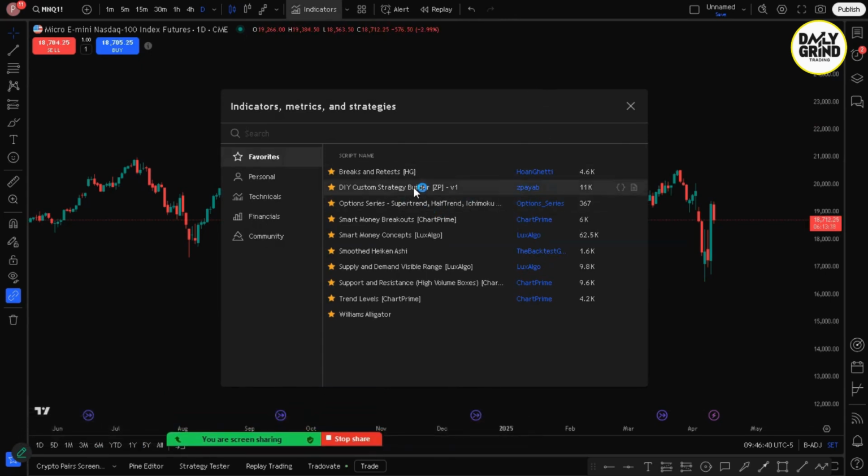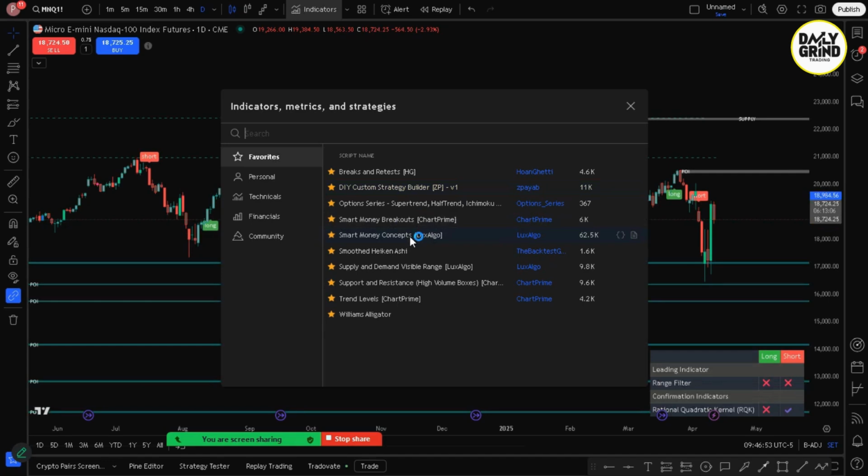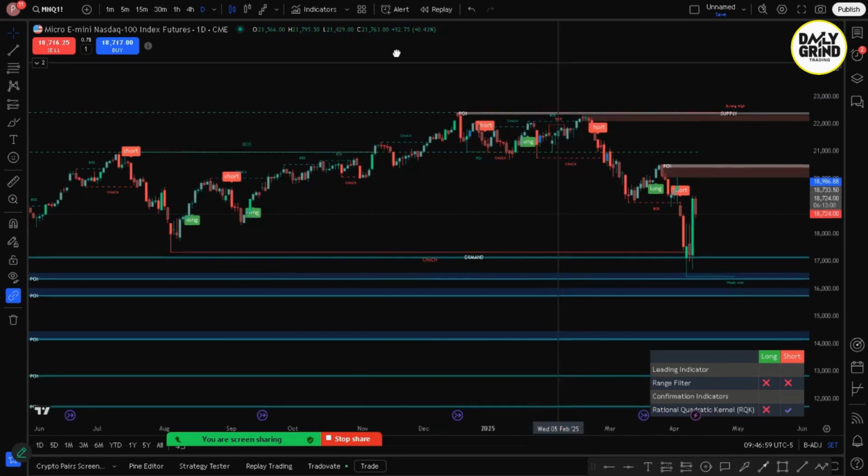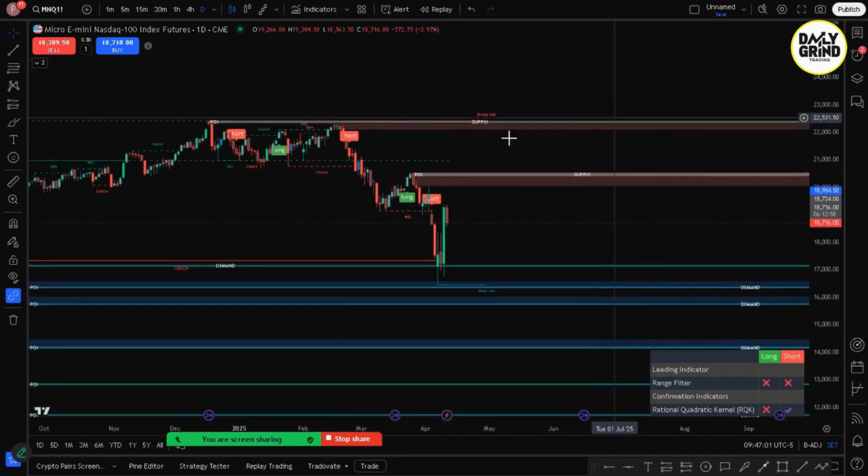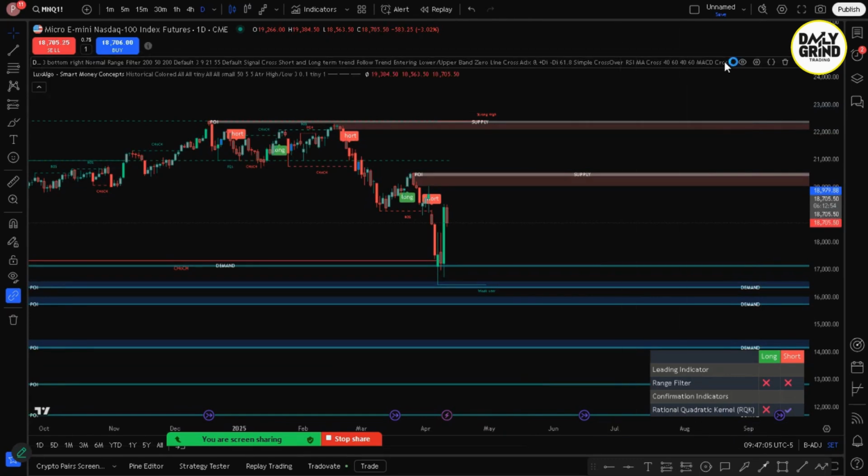So what I'm going to do is the DIY indicator. I'm going to select it. And then the next indicator that I also use is the Smart Money Concepts by Lux Algo. And those are the only constant indicators that I use every day. The default looks like this on a daily. And so what I do is go into the settings